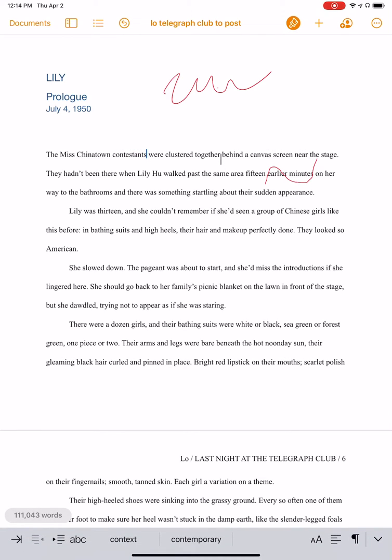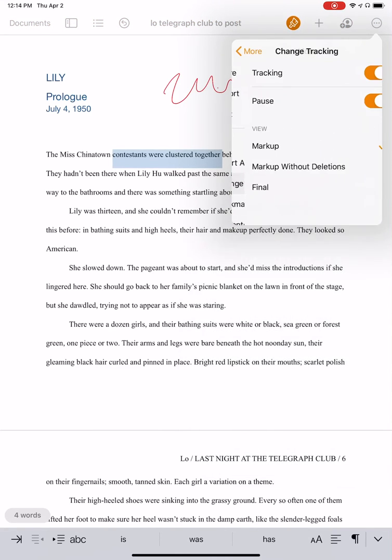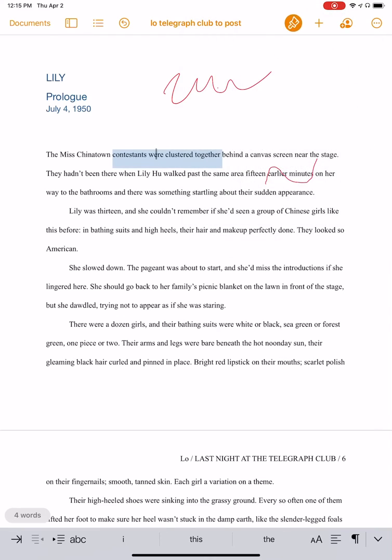So turning off the smart annotations, I'm just in regular Pages now, and you can see I have a normal cursor. Works just like on a regular computer. It's a really precise text placement. It's much more Mac-like in that regard, but you still have all the advantages of touch. If you've got change tracking on, which I will now turn on, you get the same sort of markup as you do in Word. You can add comments, of course, and all of this shows up